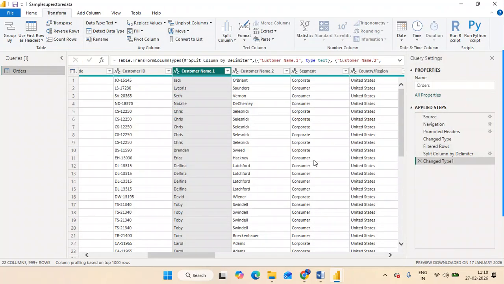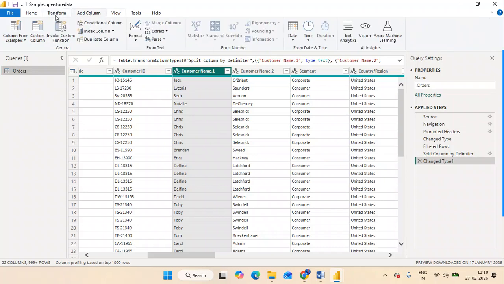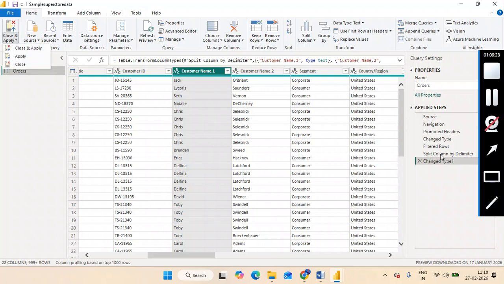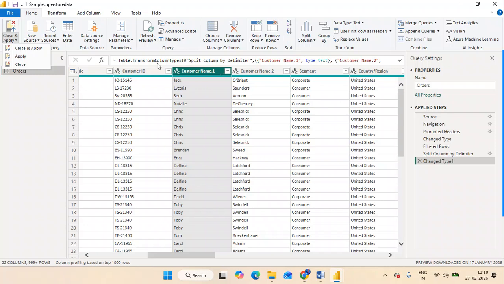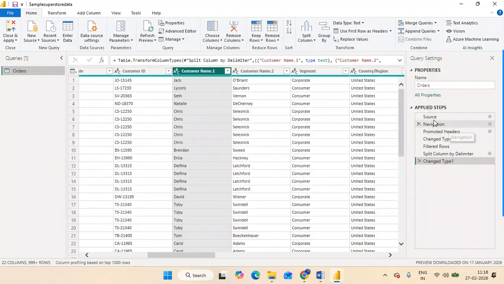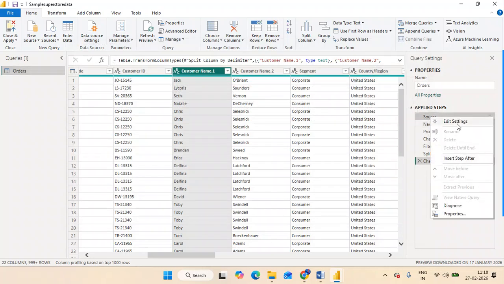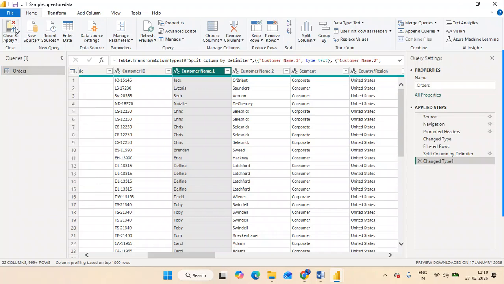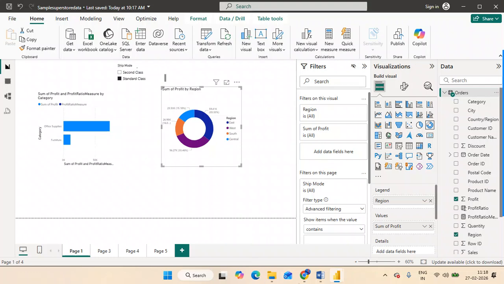Whatever operations you perform in the GUI, the graphical user interface mode, any kind of operation is going to be generated step by step, and it is written in the Advanced Editor. You can click on Advanced Editor here, or right click over here and choose the Advanced Editor or editing steps, or use the Advanced Editor from here. That's how we can see these steps.